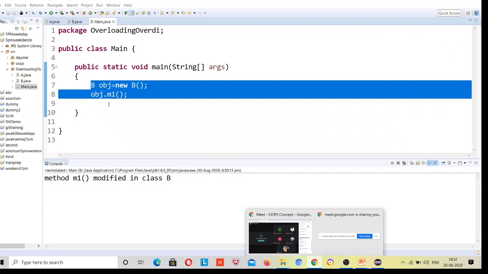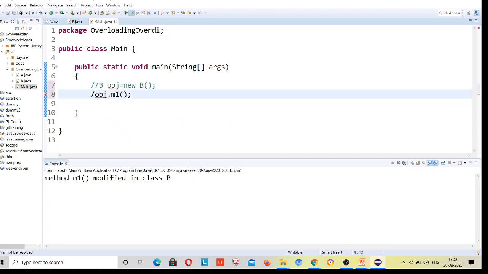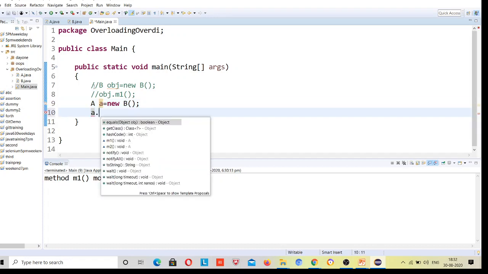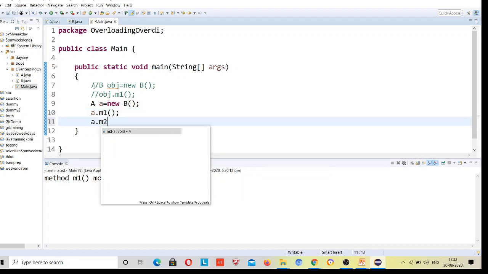Suppose I write like this: A is equal to B. A dot M1, A dot M2.